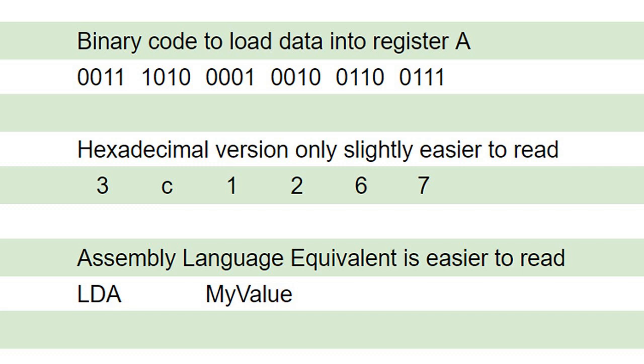You don't have to remember it was location 6712, and you don't have to remember the opcode for loading a register was the hexadecimal value 3C. The assembler takes care of all that for you. So there's a one-to-one correspondence between assembly language and machine language. Every time you write an assembly language line of code, the assembler translates it into a single machine language instruction.